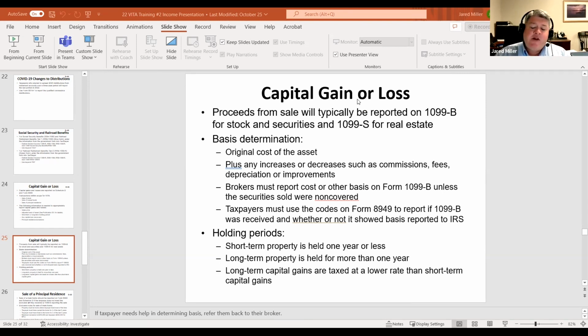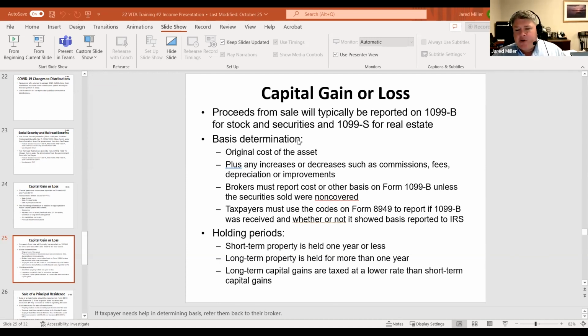If someone gifts you some sort of asset, stock or whatever else, you're basically going to take over their basis in the asset. So if they pass away, you get a step up in basis, as we call it in the accounting world, where it becomes the fair value as of the date of death. If you are gifted the asset, it's going to be a carryover from their basis. But just to reiterate, for the basis, we need them to come up with a number. If not provided to us, we cannot create one.